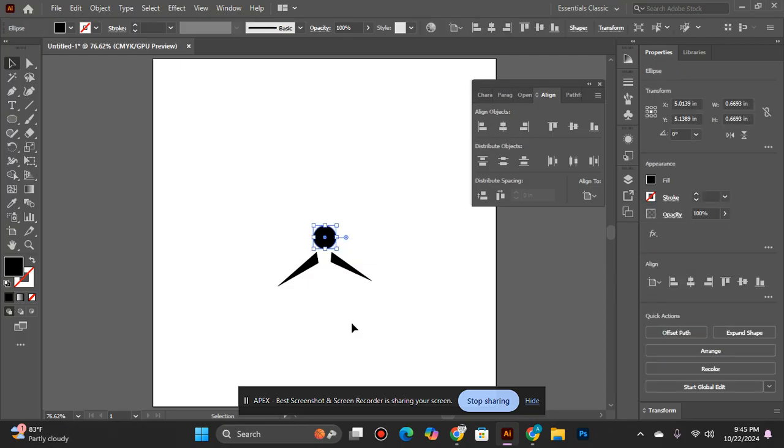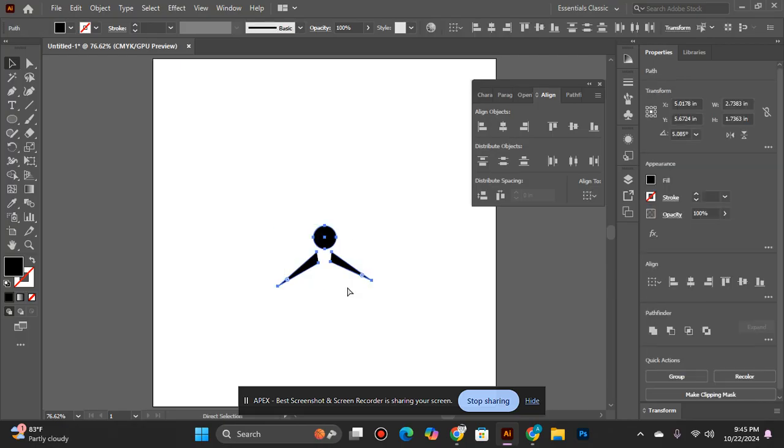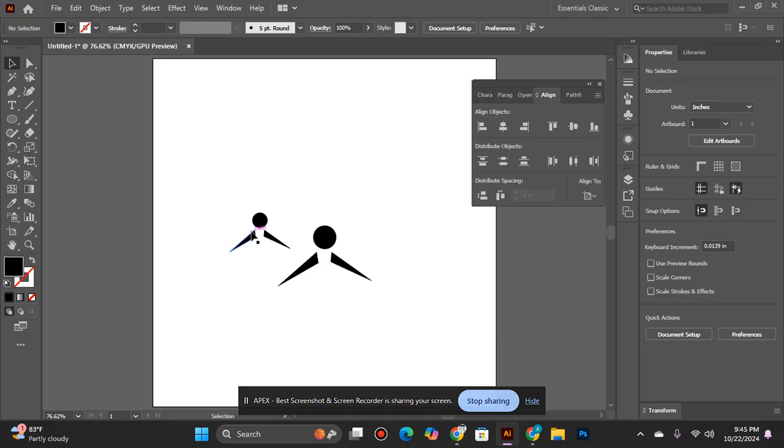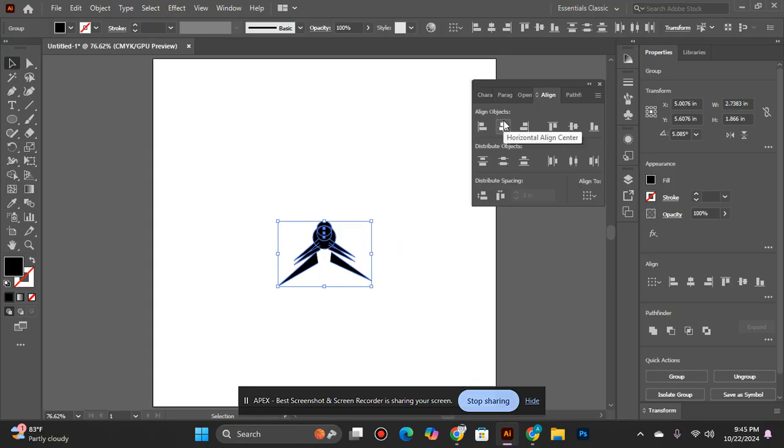and yes, Control G, and copy with Alt for another person like this, and again Alt for another copy, and align, and Control G